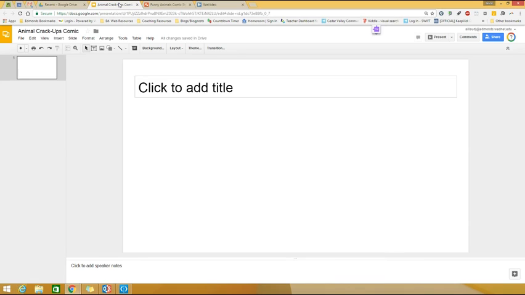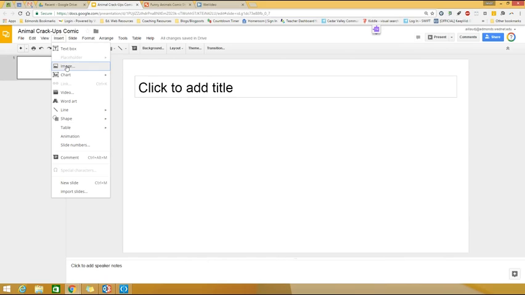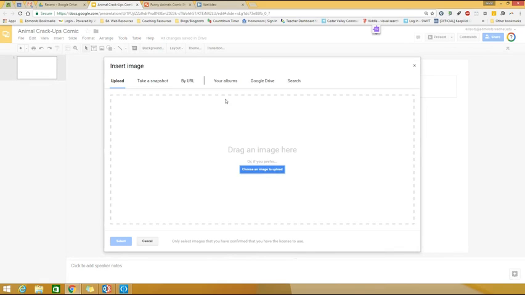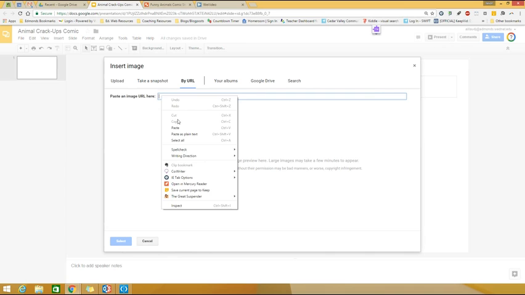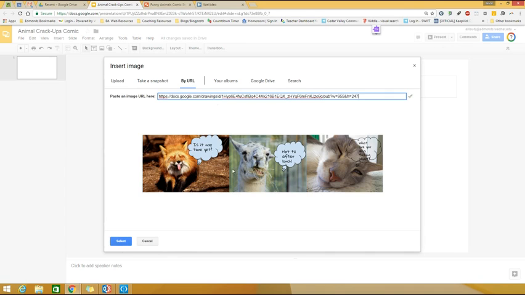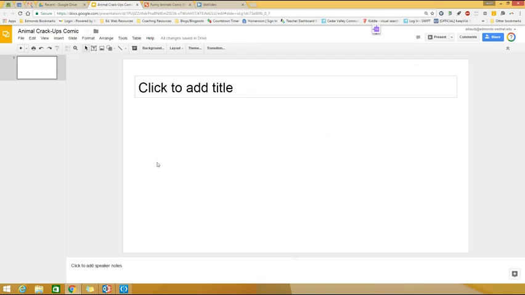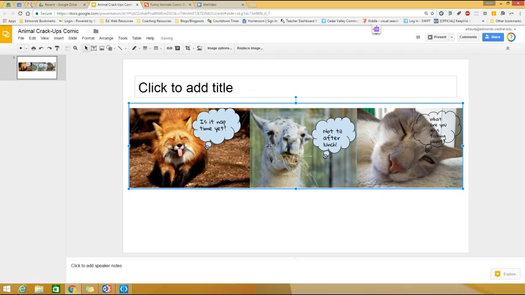Then you can toggle over to your Google slide deck, and we're going to put it on this slide, and so we're going to say Insert an Image. And the selection we're going to make is by URL. And here you can paste the URL that you just copied. There it is. You tell it to select, and it takes just a couple seconds, but then it'll put it